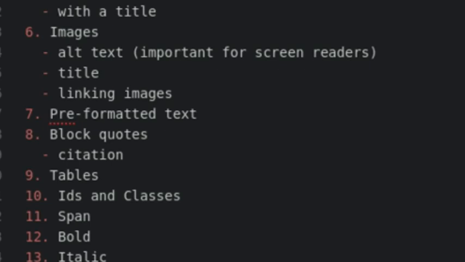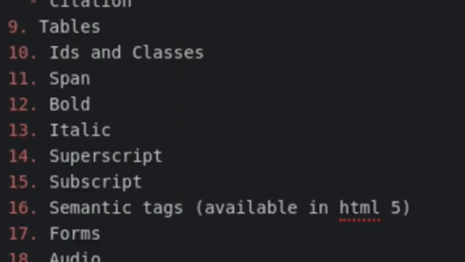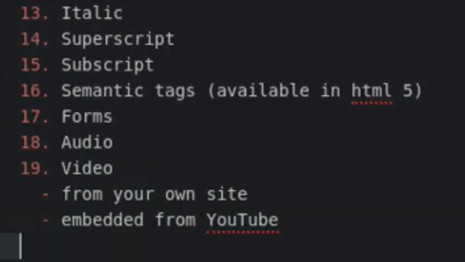IDs and classes are important because IDs are important if you need to link to a certain part of the page, and classes are important for CSS. After that, we'll talk about the span tag, and then bold and italic text, and then superscript and subscript text. Moving on from that, we'll talk about semantic tags that are available in HTML5. After that, we'll talk about forms in HTML, and then we'll talk about audio and video elements, finishing up with